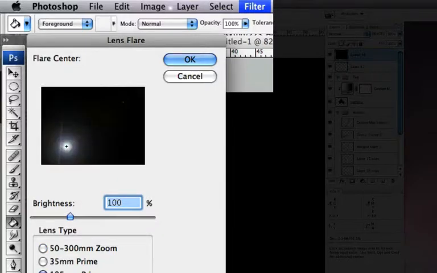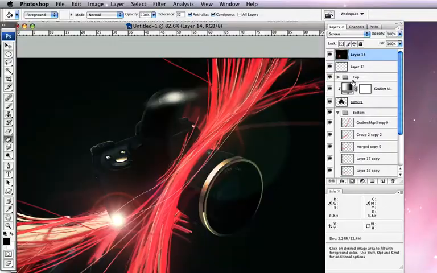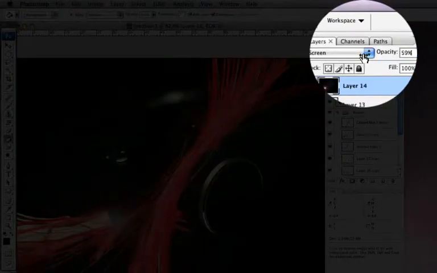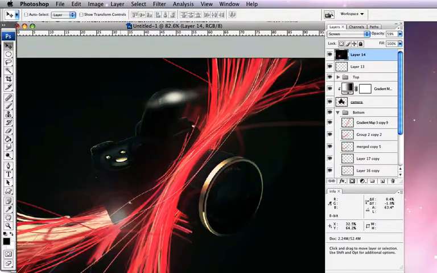That's too much. Yeah, let's stick with 35mm, bring it in a little bit closer. Click on OK. And then we're going to set that layer to screen and lower the opacity down to about 60–65%. And then I'm just going to move that into position